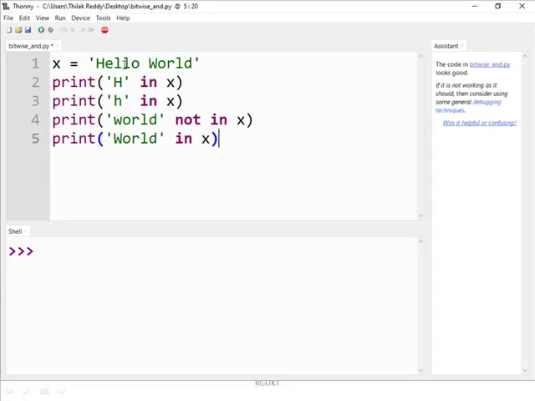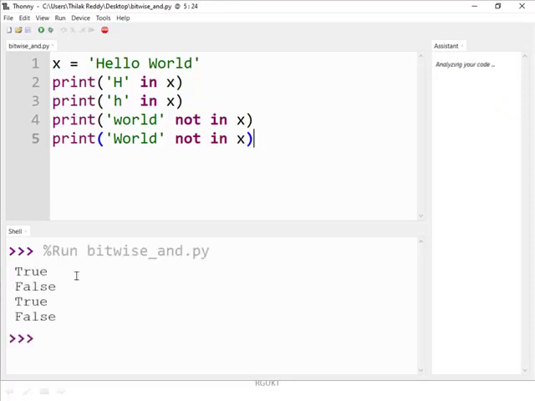Capital H in X, it is going to print true because the capital H is there. Small h in X, small h is not there in the given string, so it is going to print false. Then word not in X, with the word in lowercase, it is going to print true. And capital word, it is available in the given string, but we are saying not in X, so it is going to print false. Let us check with the answers. The first one is true, second one is false, third one is true, fourth one is false, right?